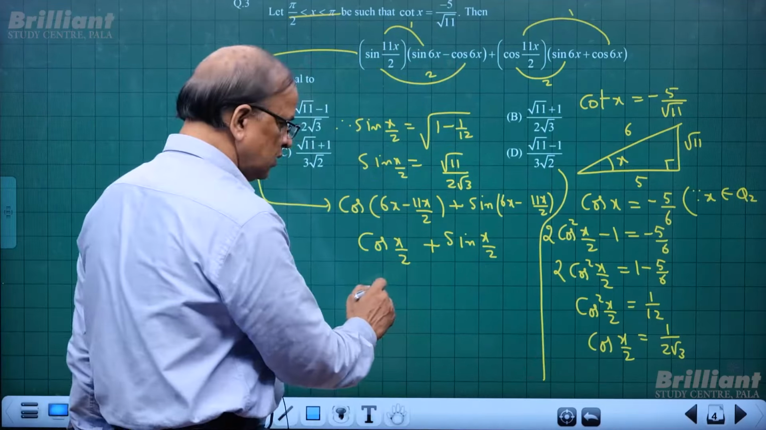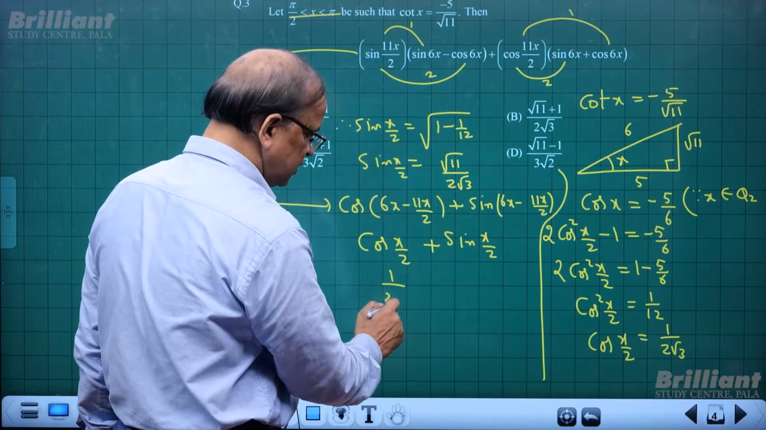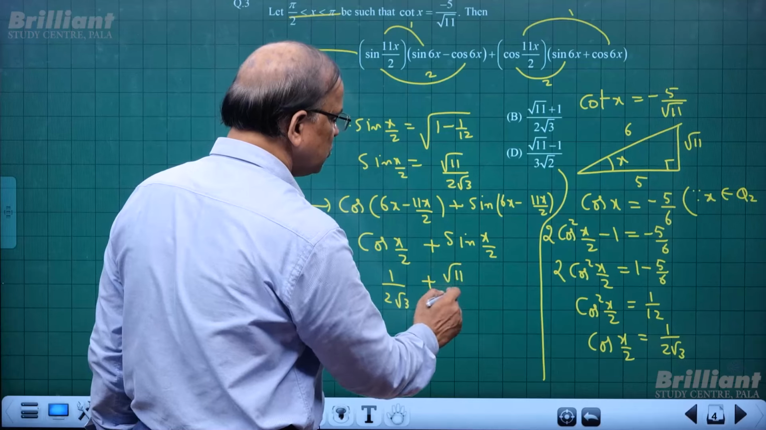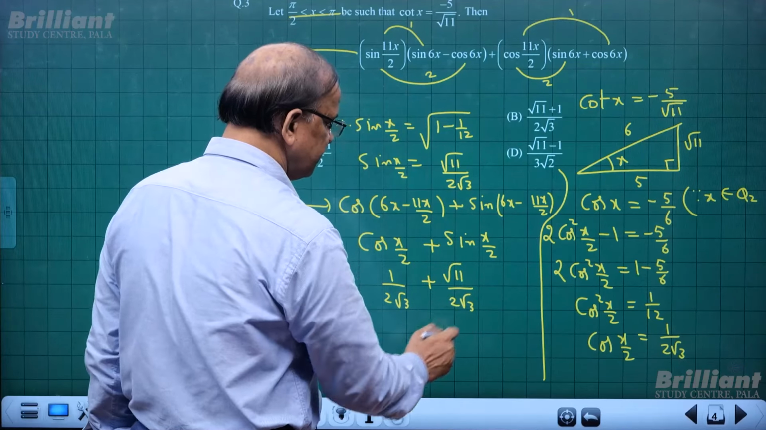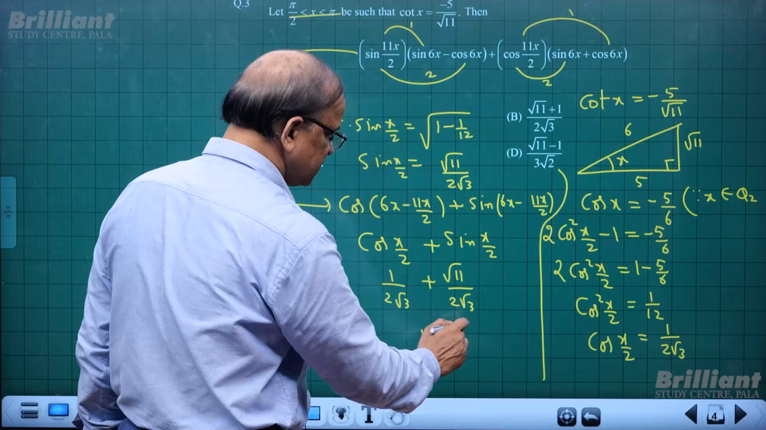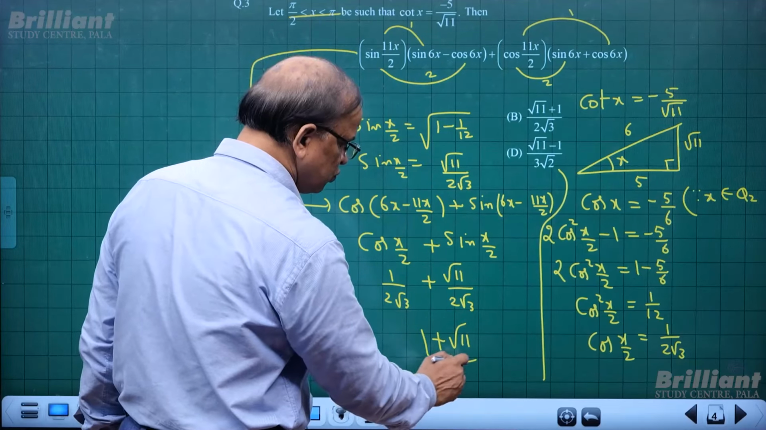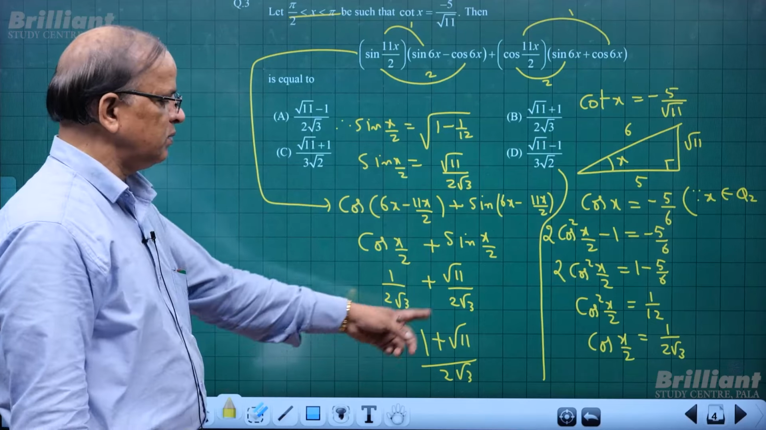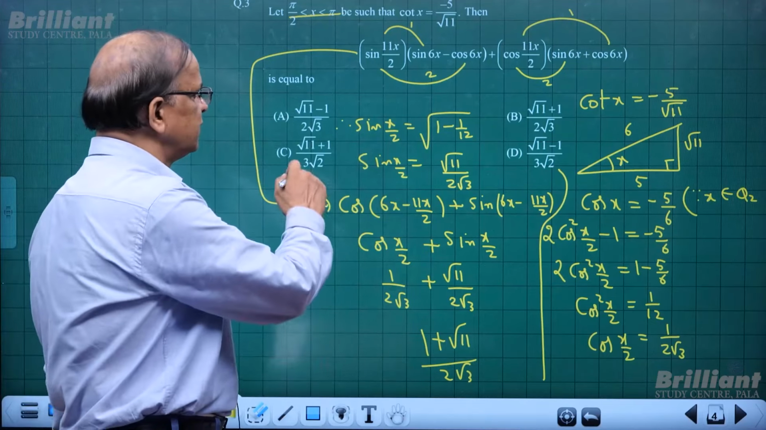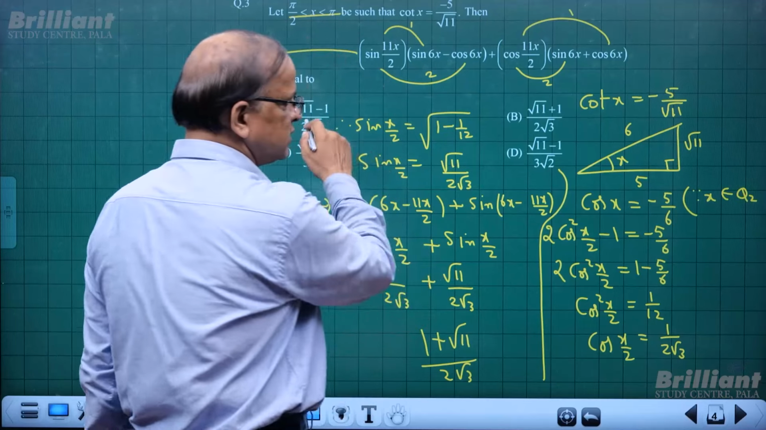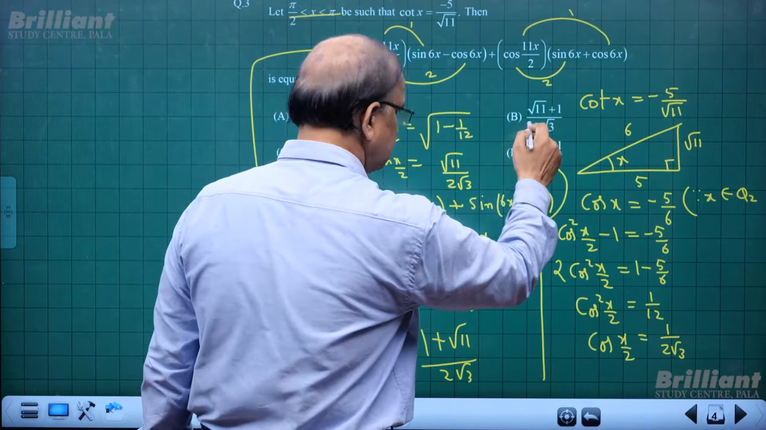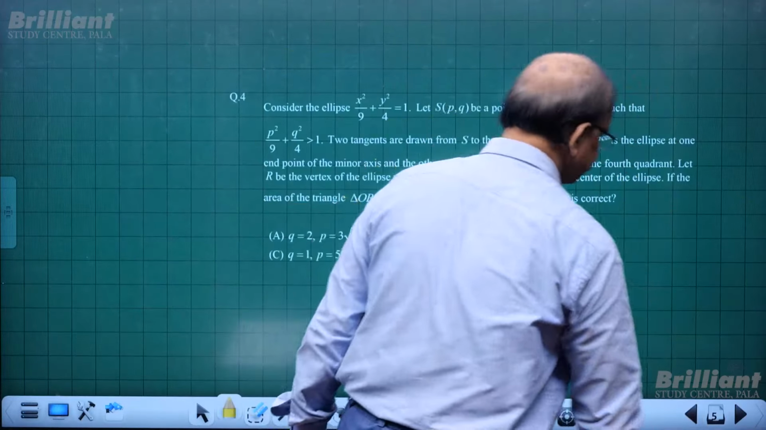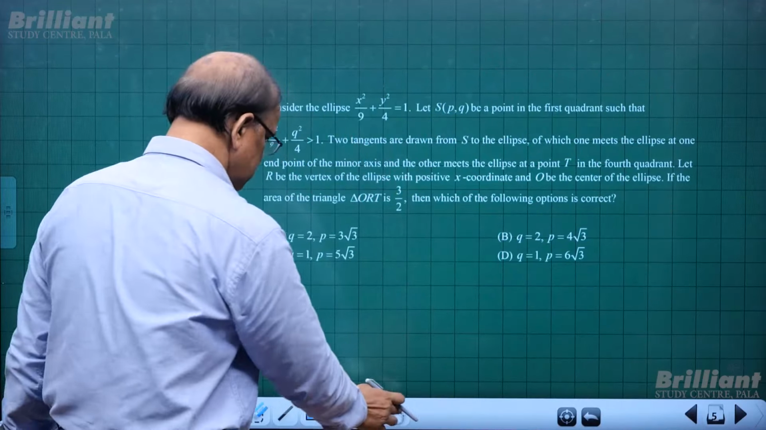So 1 by 2 root 3 and plus sin x by 2 is root 11 by 2 root 3. So 1 plus root 11 by 2 root 3. So this is A, sir, that is 1 plus root 11 by 2 root 3, that is 2 root 3 is minus, so this B is correct, right? Okay. Now, so here,